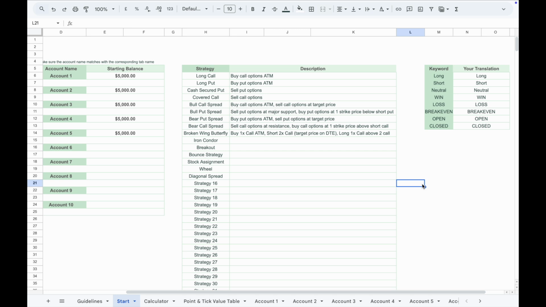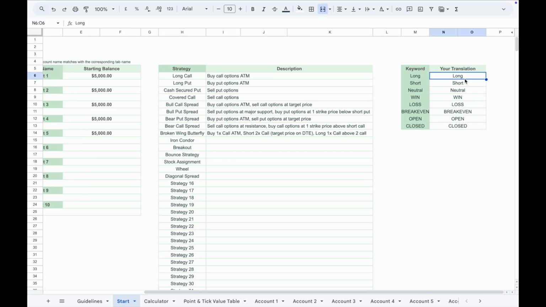If English is not your primary language, you can customize the journal by replacing the keywords in the white cell with terms in your own language. Once you have finished entering the details in the Start tab, you can begin inputting trading data into the Trading